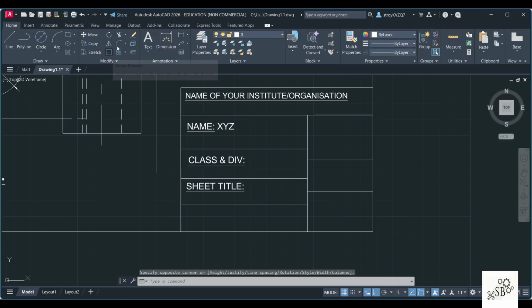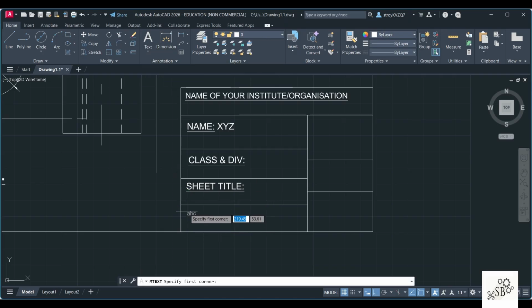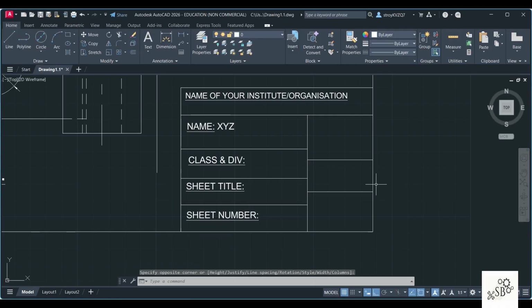Click outside. And lastly, if you want to write down your sheet number, so just underline it and give the text height as 4. Just see to it that you're maintaining the same height of text so that it looks decent. And also the alignment should be one below the other, not here and there.